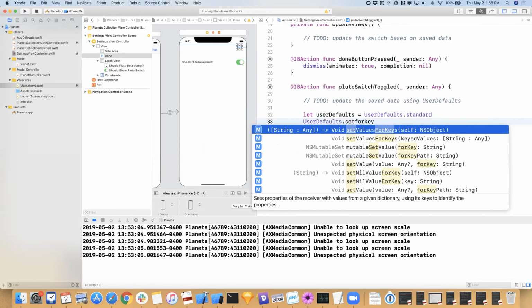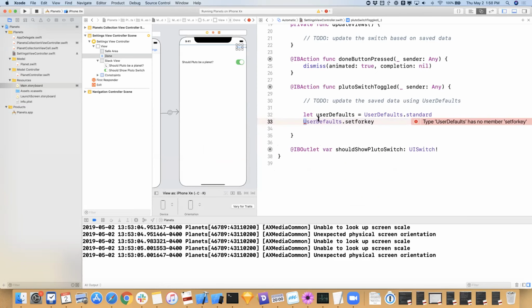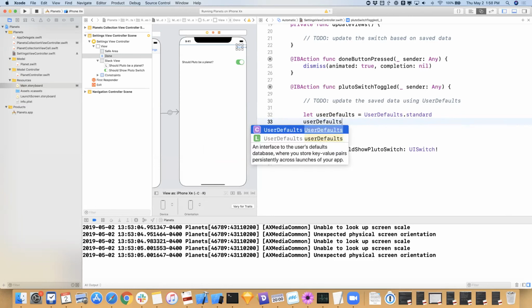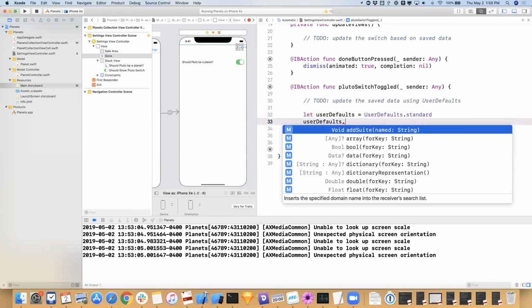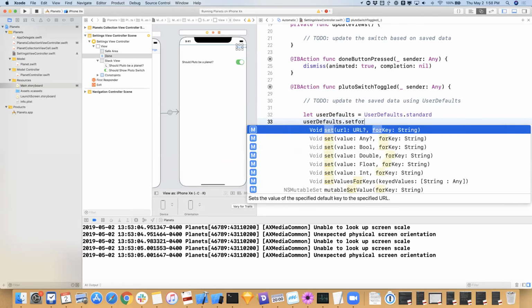And I'm not seeing it because it, again, didn't uppercase U. So I'm going to fix that so it's a lowercase u, and I'll try typing this again. So if I start typing, I should get autocomplete. Make sure it selects that lowercase, do dot, and then we're going to do set for key, and so that should start to match. And so we should be able to just press enter,